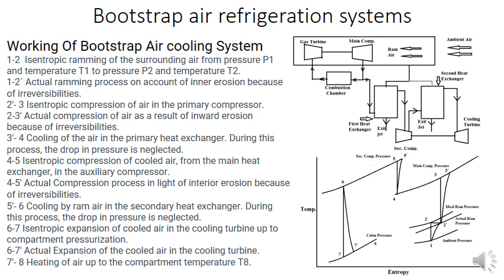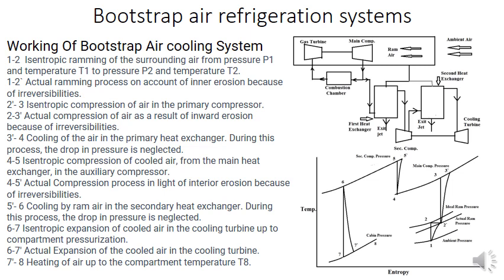Then from point 2 to 3 prime, so 2 to 3 prime means up to here, the actual compression of air as a result of inward ramming, due to the irreversibility. Inward means inward of the aircraft engine. Then from 3 to 4, so 3 to 4 is the cooling of air in the primary heat exchanger, so